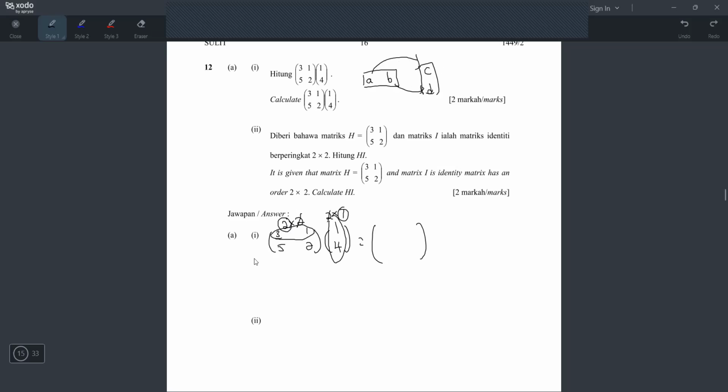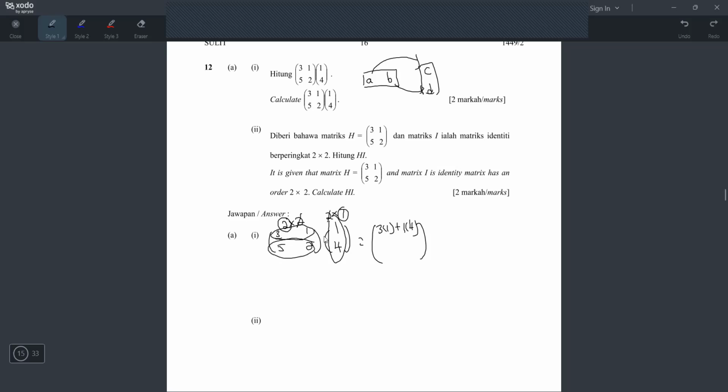Ha? So, macam mana ubat? Horizontal darab vertical. So, dia mesti apa? A darab C, B darab D. Maksudnya, 3 darab 1, 1 darab 4. Saya tak nak tengok ada orang yang buat 3 times 1, 3 times 4. Salah tu. So 3 times 1, 1 times 4. So dia jadi 3 times 1, 1 times 4 tulis atas. And then tengah-tengah plus. Ha? Kalau tak ada benda, tulis plus.